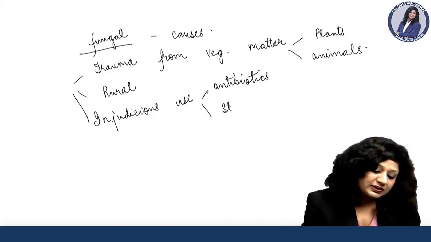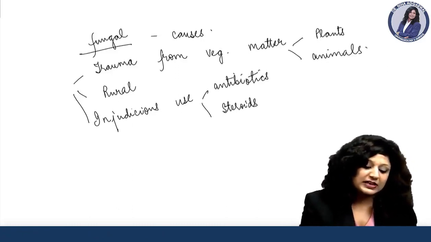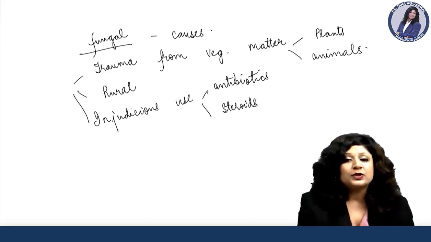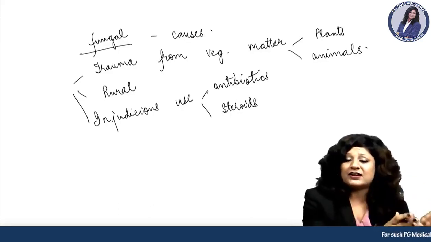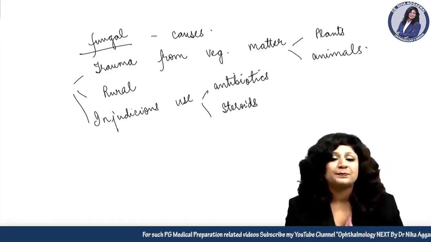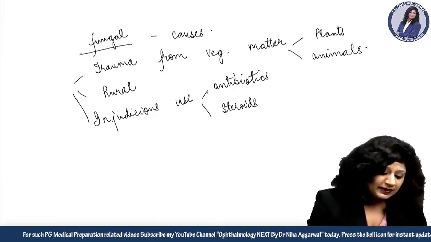Or if we are using steroids injudiciously, then also there are more chances of the fungal corneal ulcer. So now you are sure when it is a bacterial corneal ulcer and when it is a fungal corneal ulcer. Now if I talk about the complications,